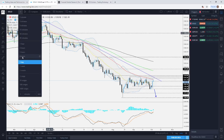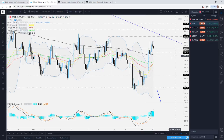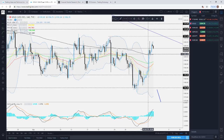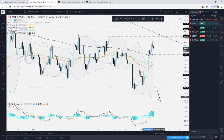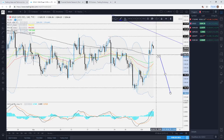Let me just actually jump into a 4-hour chart on this one, and as you can see, this is what's happening right now. A few lines have to be adjusted now. So this is the support level that we're going to keep an eye on. It's the 1201 mark, sorry, 1201. This is where, if we do get a break below this level, now